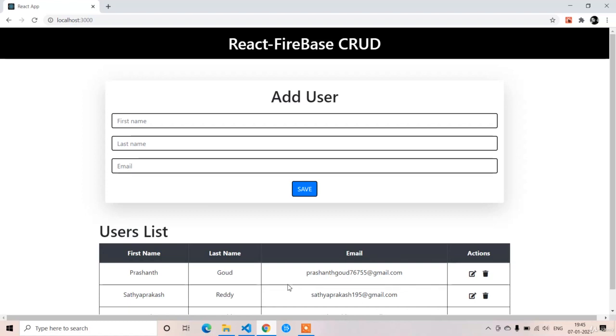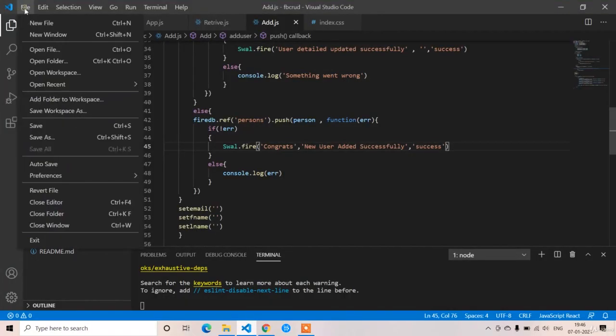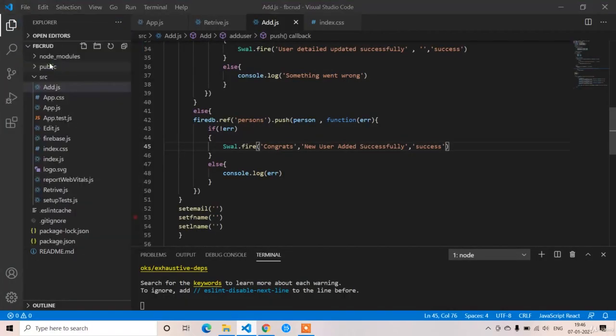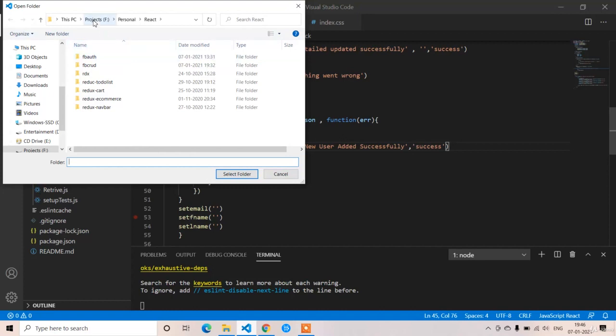Welcome back, guys. In the previous lecture we have seen the demo of our React Firebase CRUD project. Now in this video we are going to create the application. So first open VS Code and select our project folder, open folder, and so this is